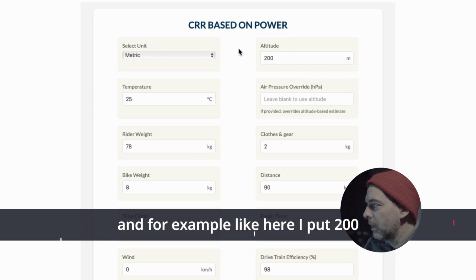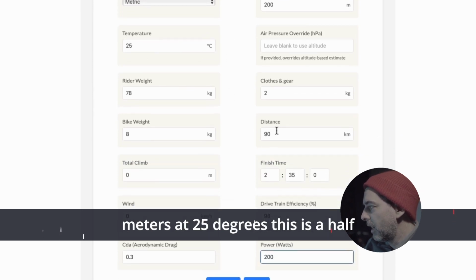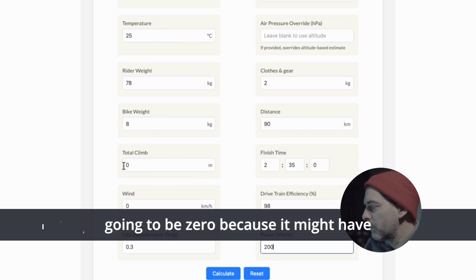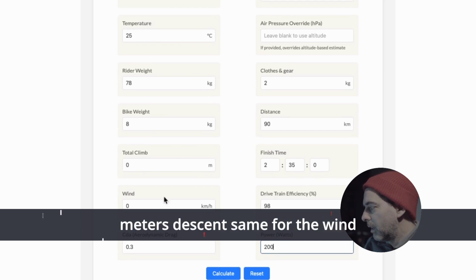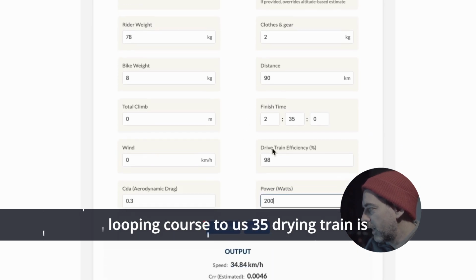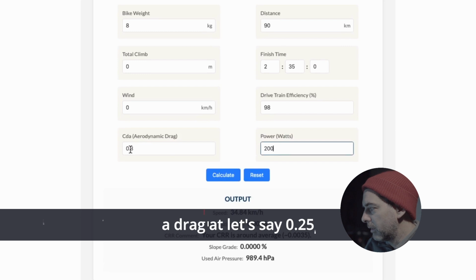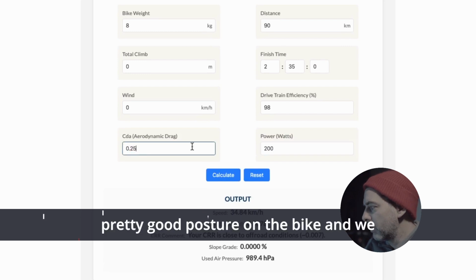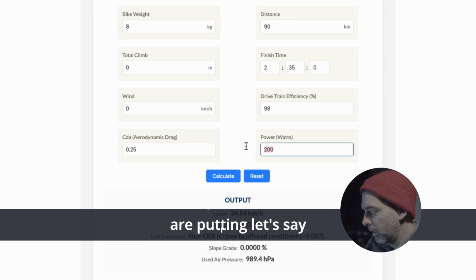And for example, here I put 200 meters at 25 degrees. This is a half Ironman course. The climb is going to be 0 because it might have 300 meters of climb and 300 meters of descent. Same for the wind, the looping course. 2 hours 35, drivetrain is clean, 98%. We have a drag at, let's say, 0.25, pretty good posture on the bike, and we are putting, let's say,